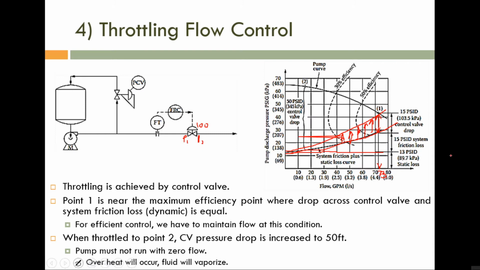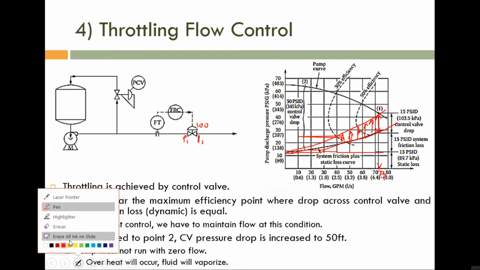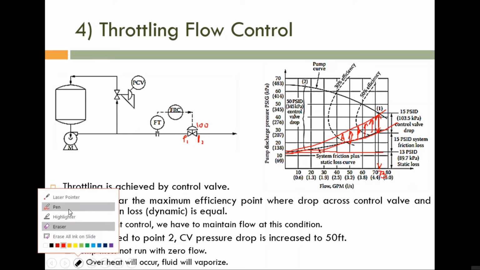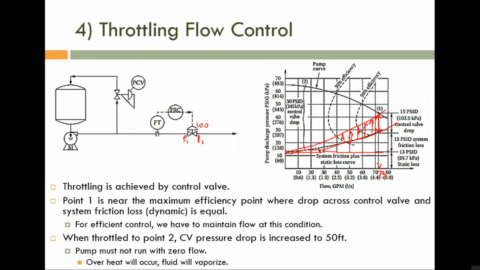If it is 100% open, then the pressure loss due to the 100% open valve at 73 gallons per minute is this value, around 15 psi. Around 15 psi is the loss due to the 100% open control valve. Here you can see one more thing. Without the control valve, the frictional loss due to the pipeline, the resistive devices, etc., is 15 psi. So this 15 and this 15 are very important.